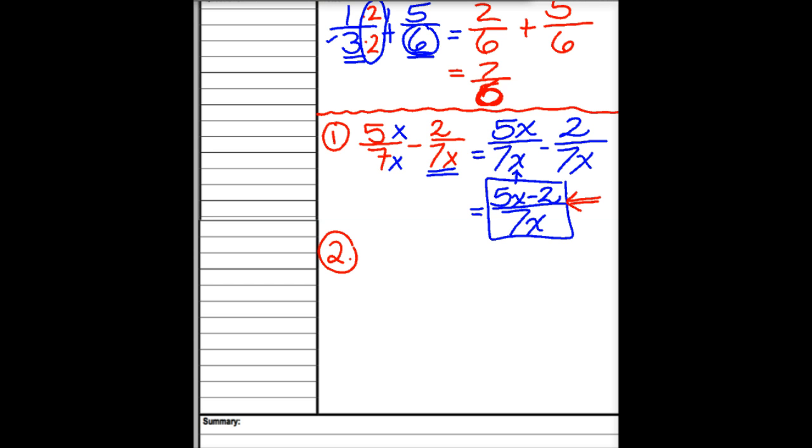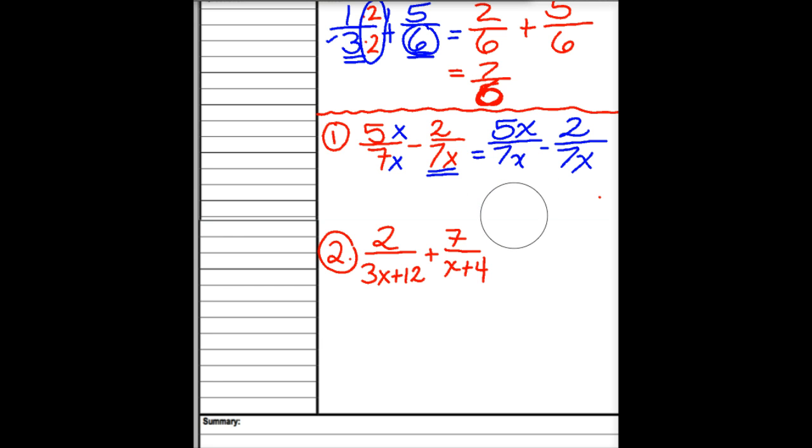Number 2, bumping up the difficulty a little bit. I've got 2 over 3x plus 12 plus 7 over x plus 4. I certainly don't have a common denominator, so I need to create one the exact same way that I did up here and right here. I grab the larger